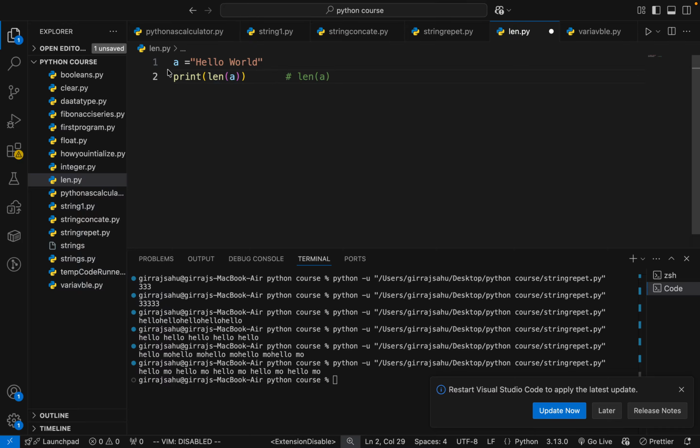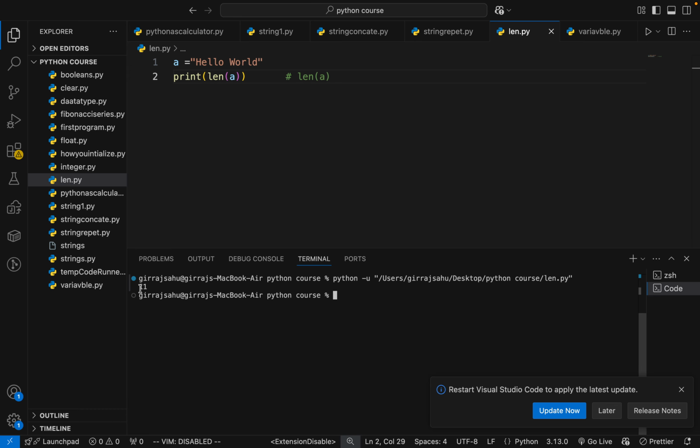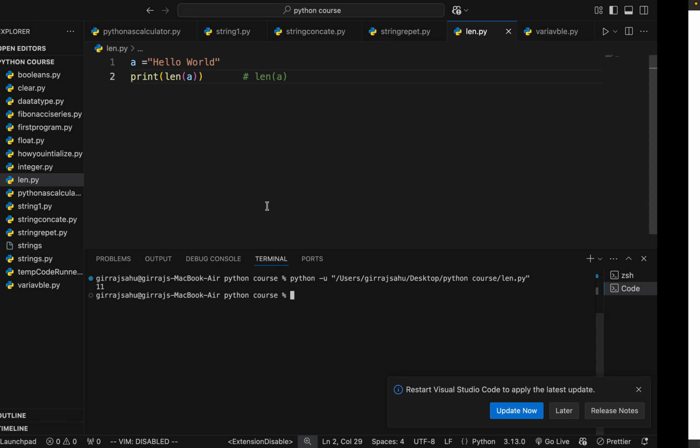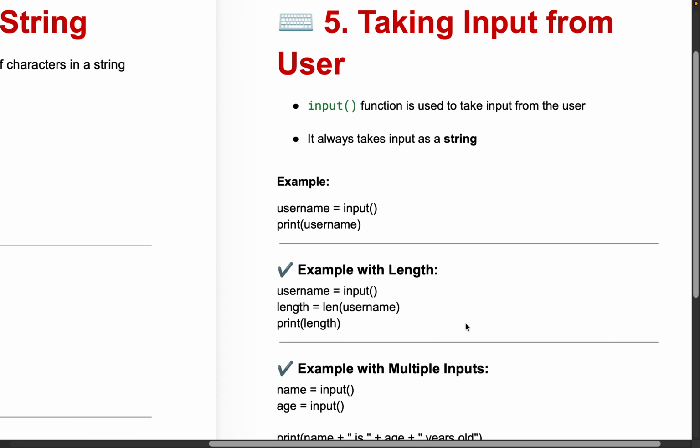So you can count as 1 2 3 4 5 6 7 8 9 10 11, it has to give 11. You can see that it will give 11. Okay, then we will go to our next topic, taking input, like how we can take input from the